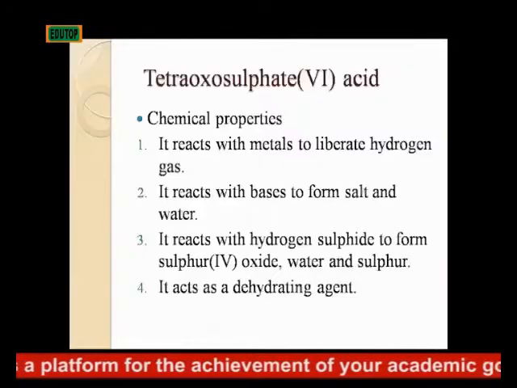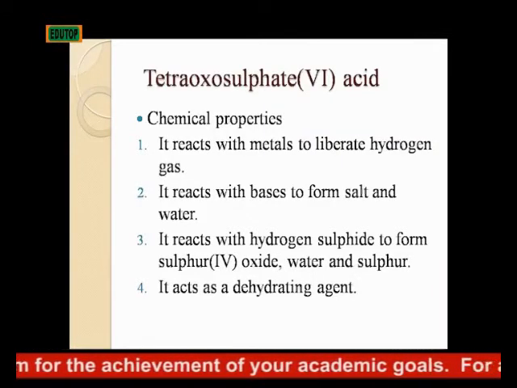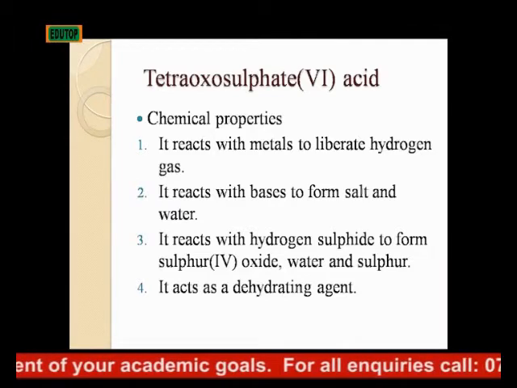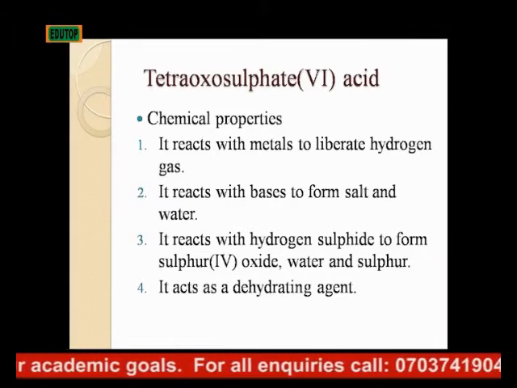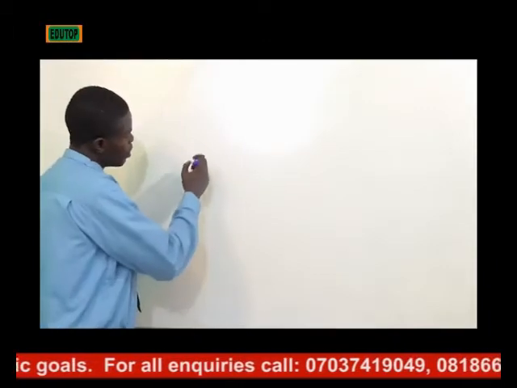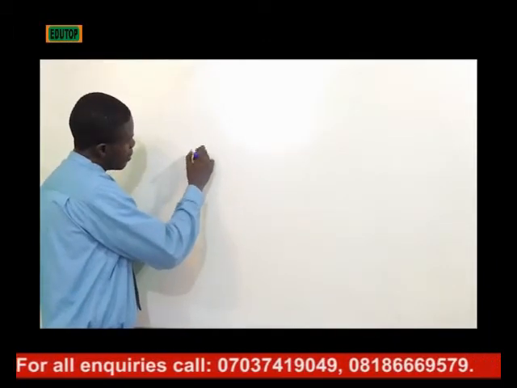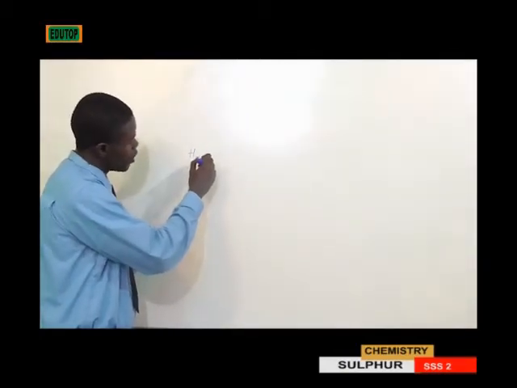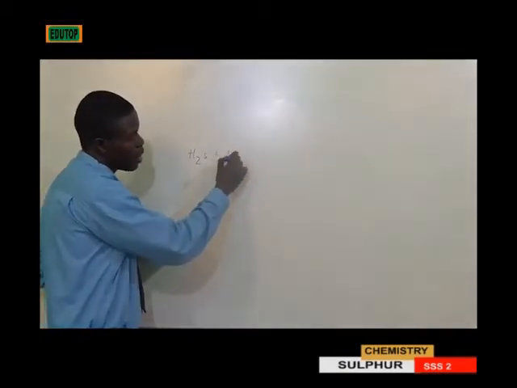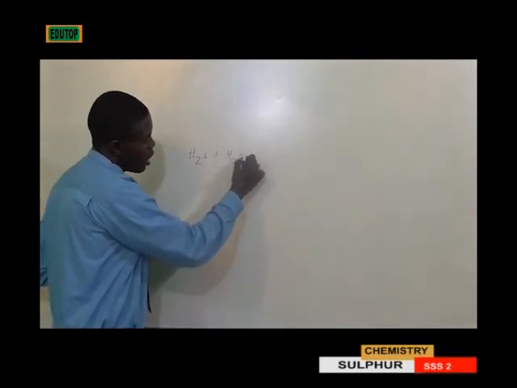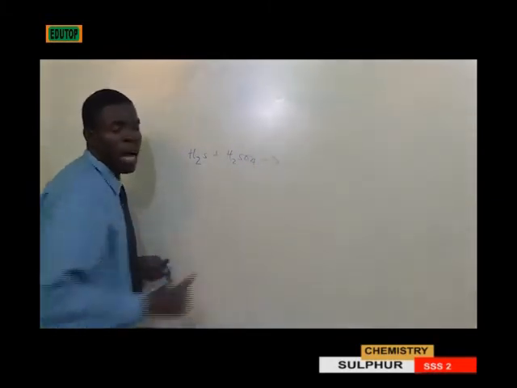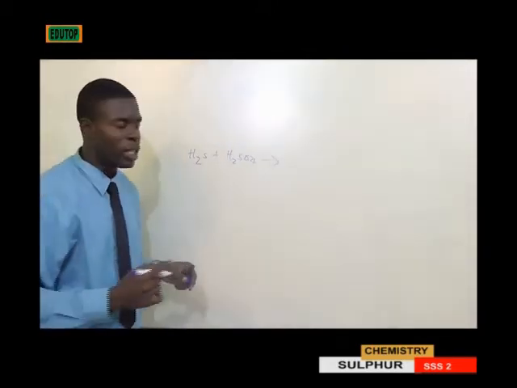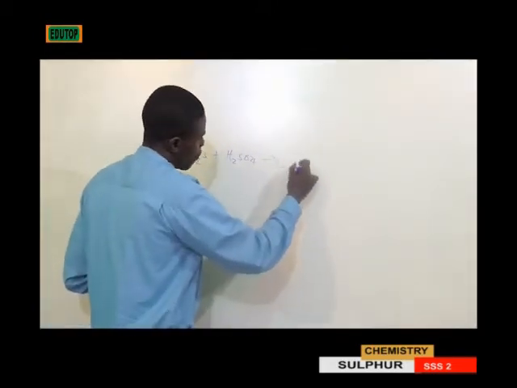3. It reacts with hydrogen sulfide to form sulfur(IV) oxide, water and sulfur. And that reaction can be demonstrated as hydrogen sulfide reacting with H2SO4, which is the acid, tetraoxosulfate(VI) acid. When it combines with this, it forms sulfur(IV) oxide